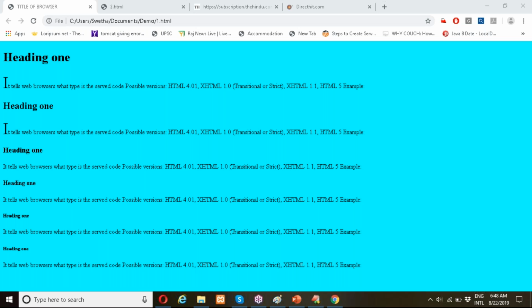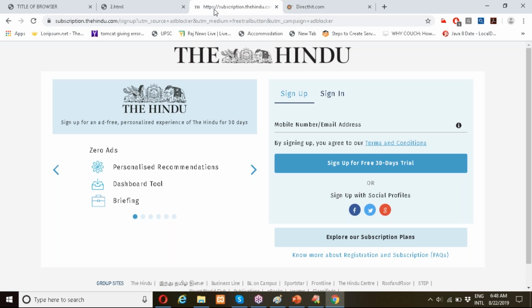See, if you see any lengthy paragraph, the first letter will be a different color and the paragraph starting will have some indentation. Indentation is